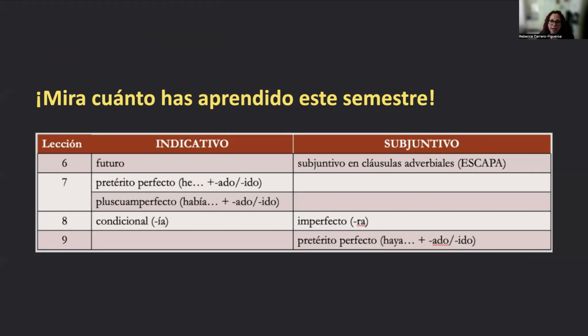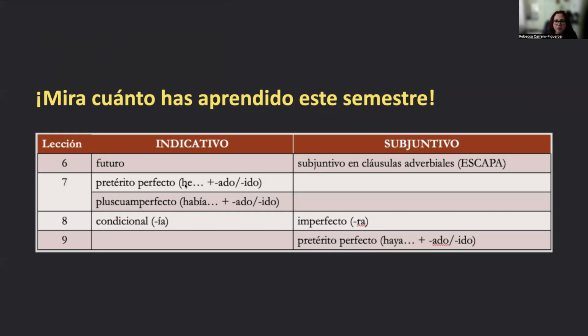Here you have this chart that is showing you all the tenses that you have learned from lesson 6, okay? And it's split into two columns, indicative and subjunctive. So see that in lesson 6, for the indicative mode, you learn the future. Then on the subjunctive, you learn the subjunctive using adverbial clauses and the escapa conjunctions, okay? Then we continue on chapter 7 or lesson 7 with the present perfect, pretérito perfecto,